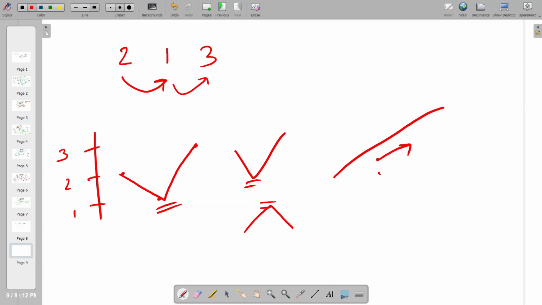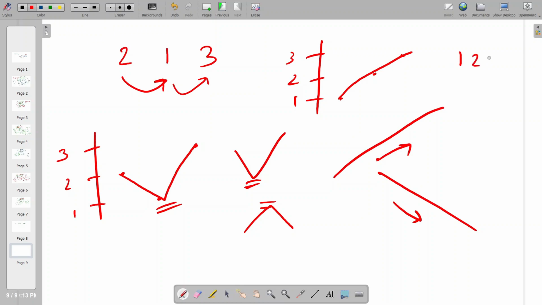And similarly, if something is decreasing strictly without any such vertices in between, then we say that is also sorted, but in descending order. Suppose we have points like this: 1, 2, 3, and the points are along this line, then it's always increasing. We have an array 1, 2, 3. If we have the reverse array 3 to 1, then we have points here at 3, 2, and then a point at 1.